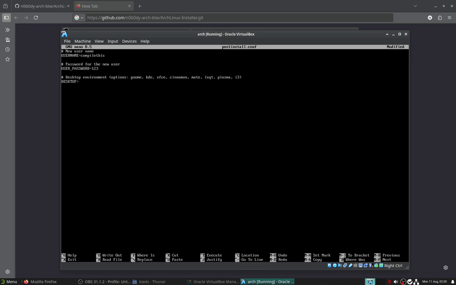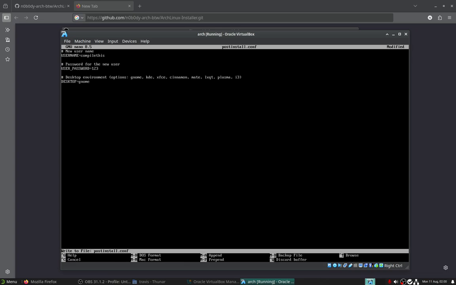The rest should work, but the ones that I know work are GNOME and XFCE. So we're going to do GNOME. Then just do Control X, Y, enter,